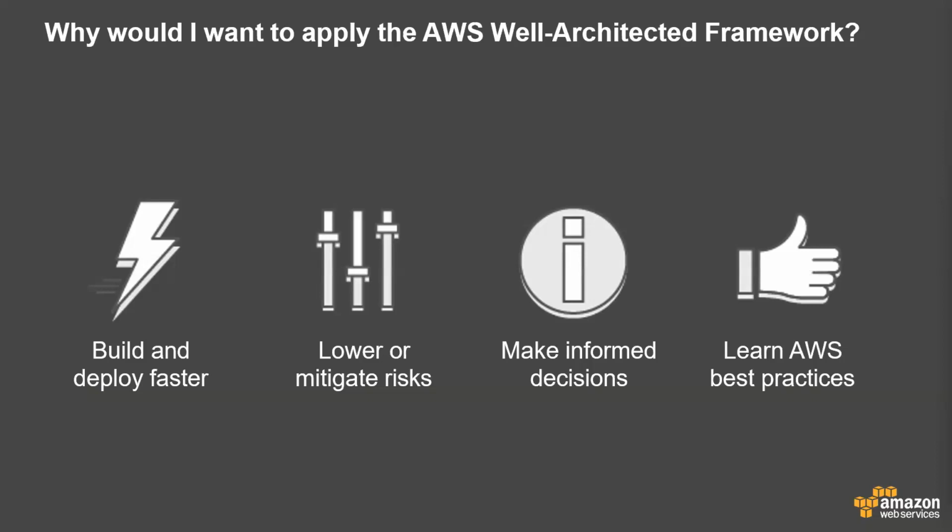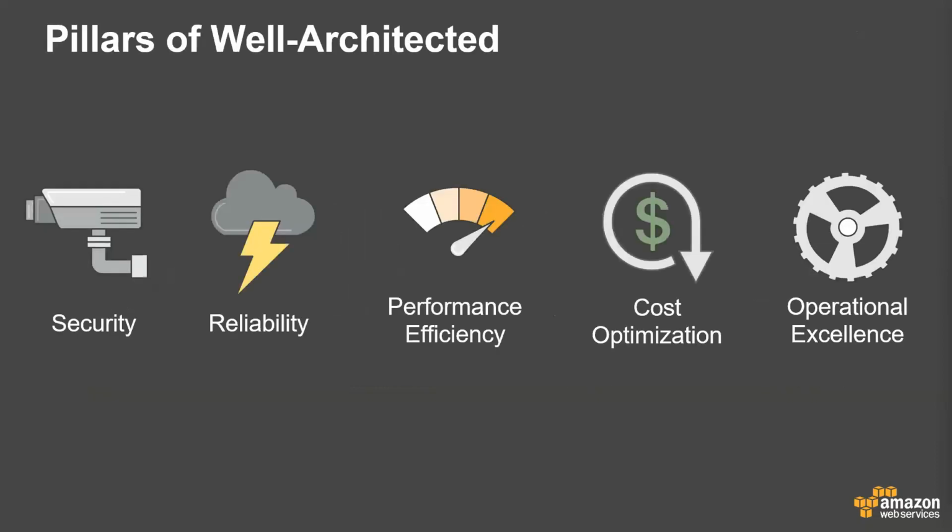So let's then have a look at the pillars, the common pillars. We have security, reliability, performance efficiency, cost optimization, operational excellence, and the latest pillar, which is sustainability. Okay, so those are the 6 pillars of the well-architected framework, and each pillar has a set of governing principles that need to be implemented at each section of your workload.